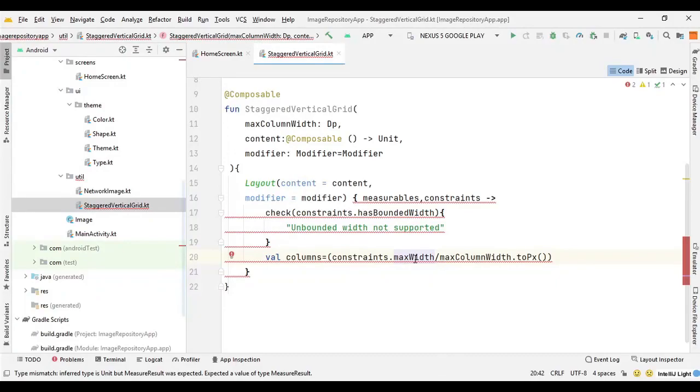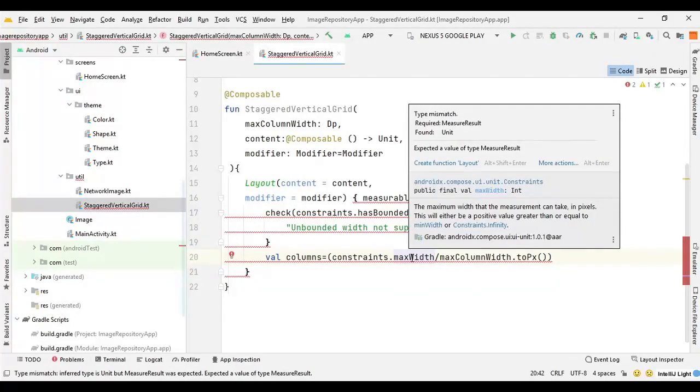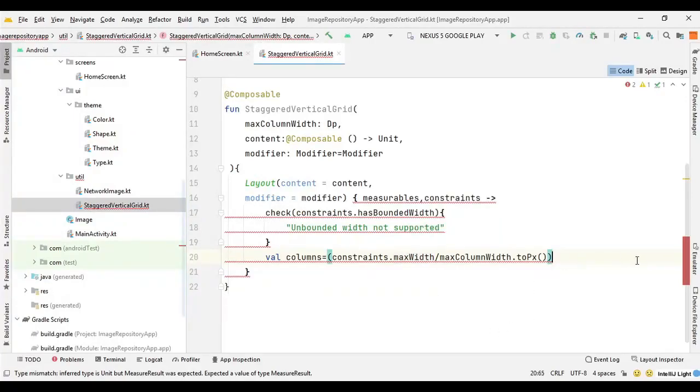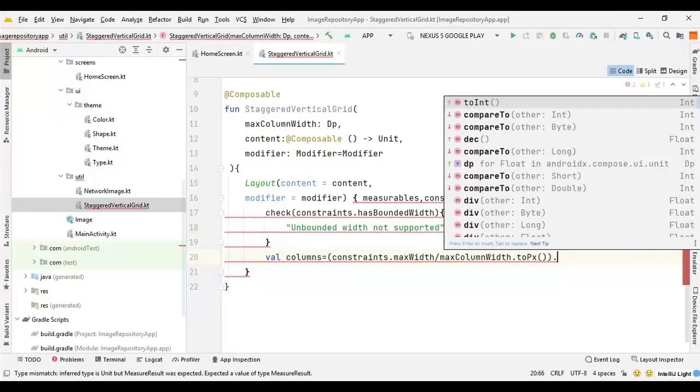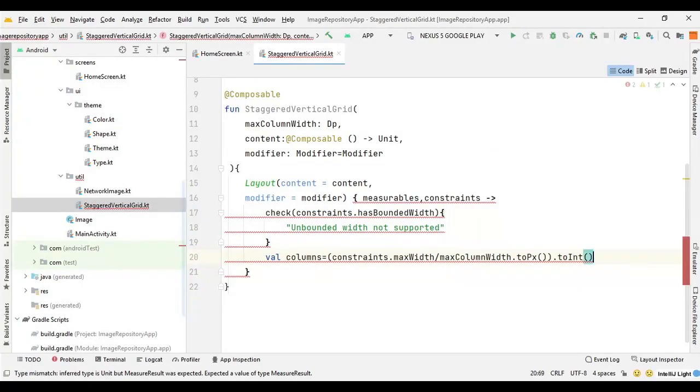So the max width can vary depending on the screen size. So we can convert into int by saying, at the end of this curly brace, dot to int. So we can get the value as a rounded number.